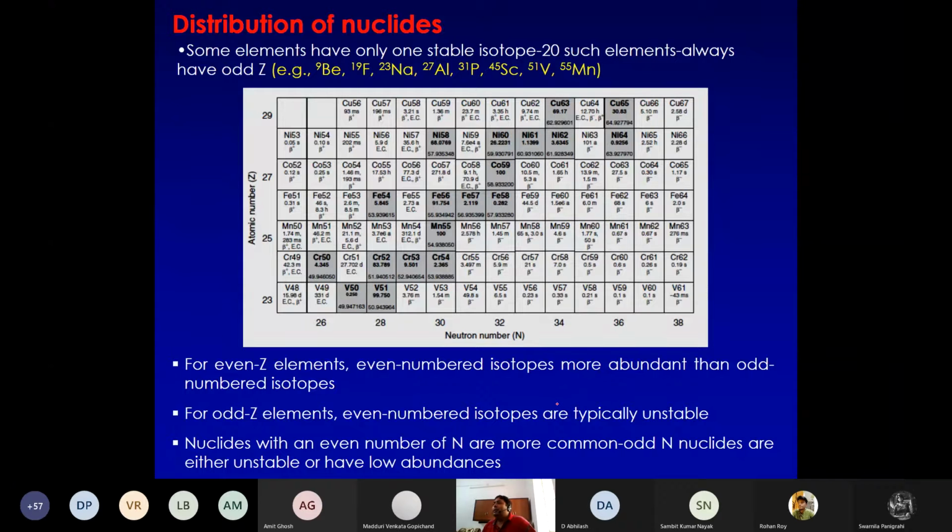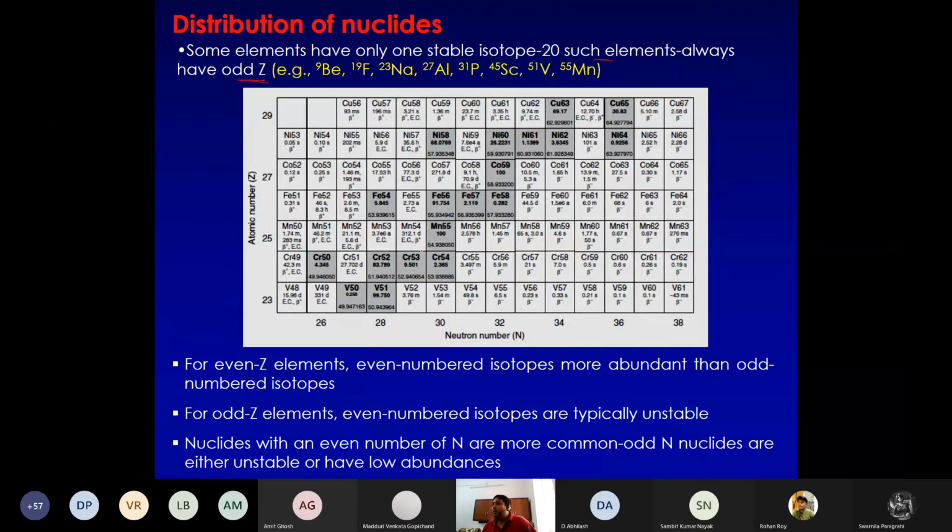For example, there are some elements that have only one stable isotope. In the entire periodic table, there are about 20 such elements. And the interesting thing is that all these 20 elements have odd atomic numbers. So the generalization is that if an element has only one stable isotope, it will always have an odd